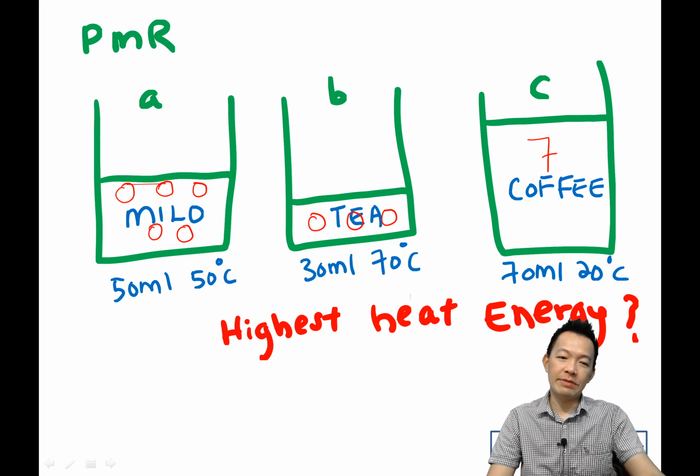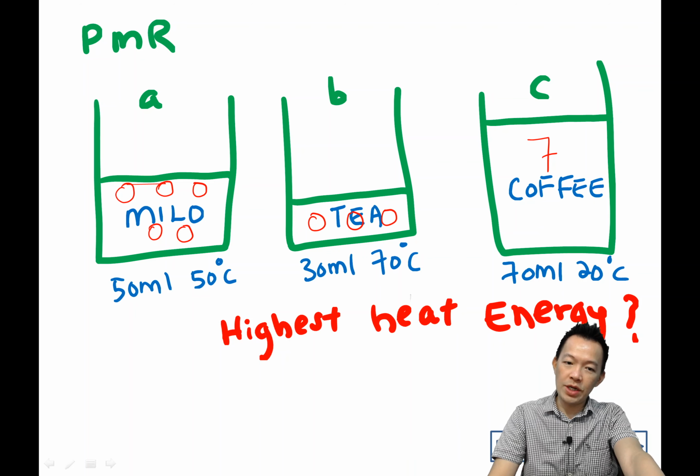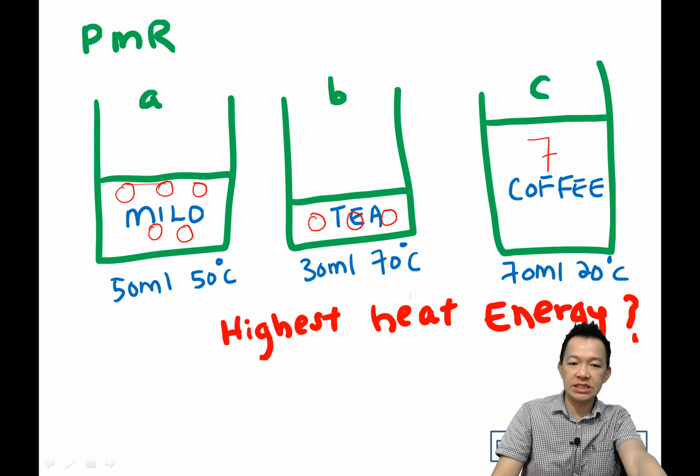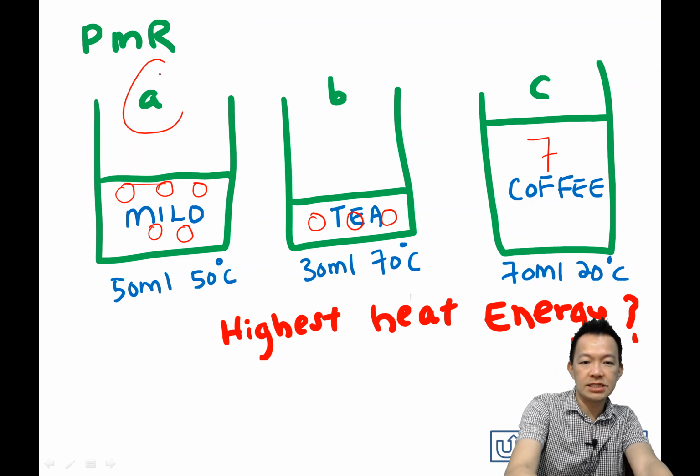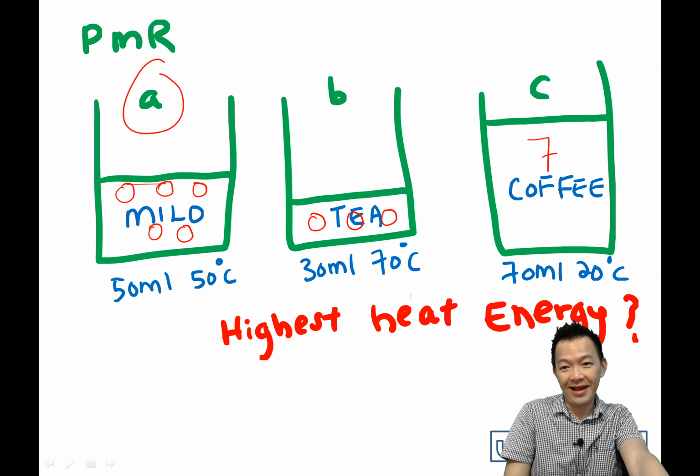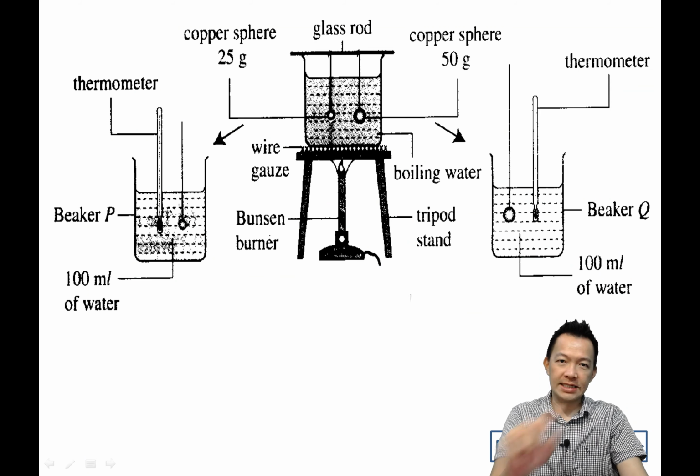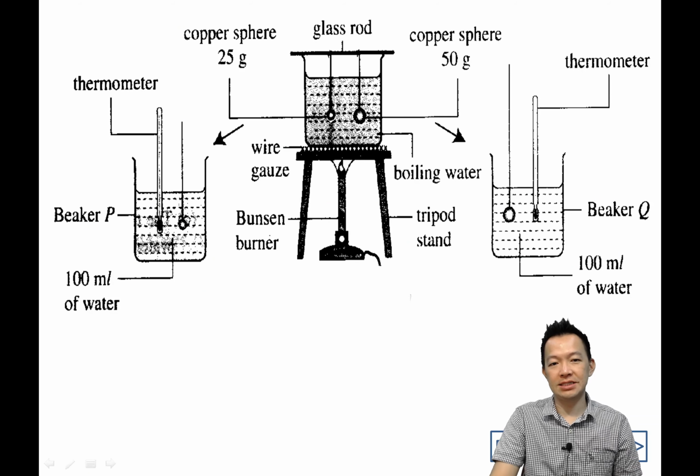Okay? So how much is the heat energy in beaker A? 5粒,每一粒平均有50,250。3粒,平均每一粒70,210。7 particles, each particle 20, 140。So the highest energy content will be A. 能算的,对不对？So this is heat and temperature,热能跟温度之间的差别。Exam 它们看起来是这样子的。